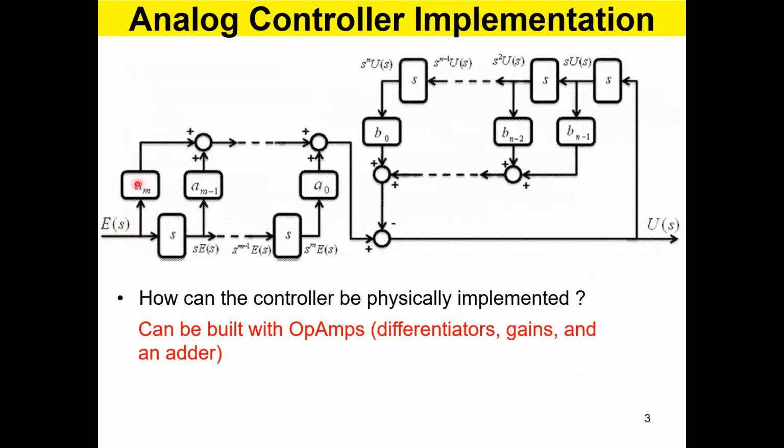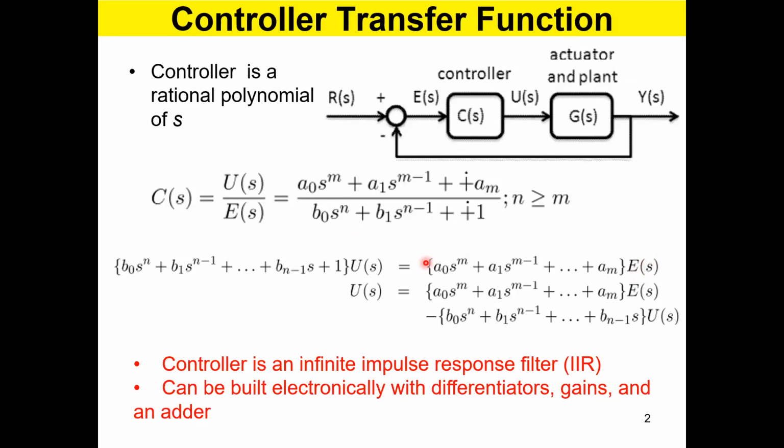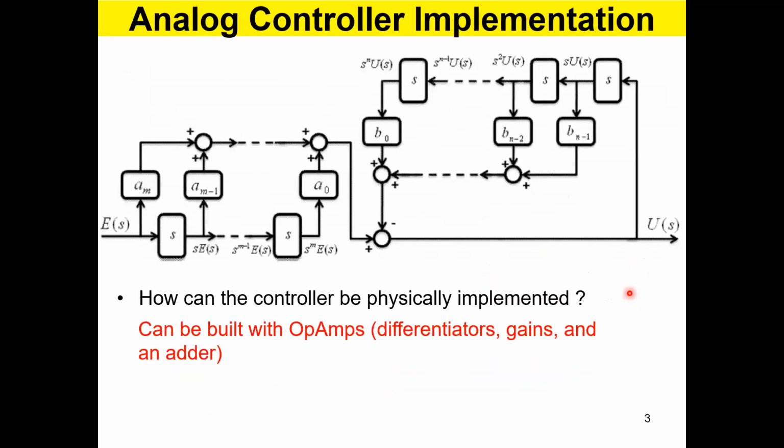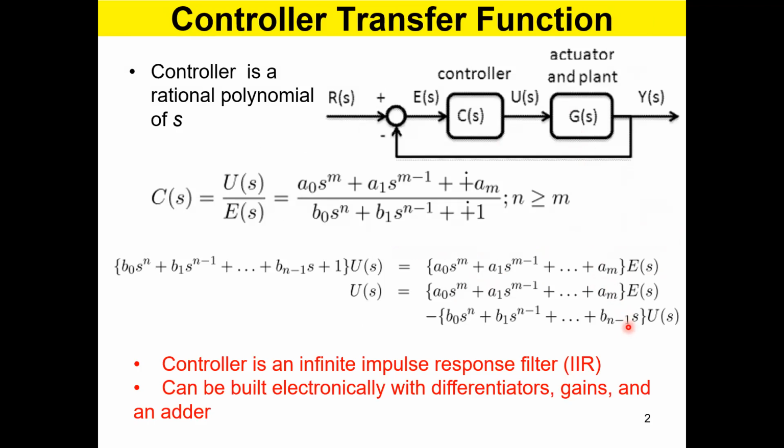Error gets multiplied and then error gets differentiated, multiply, differentiation, multiply, differentiation, multiply, like that. And all the terms are added together. And when it comes over here, it is the signal, this whole braces and this E(s) part is there. And on the other hand, this is your output or control signal, and you get it differentiated and multiply by bn minus 1, right? Over here,